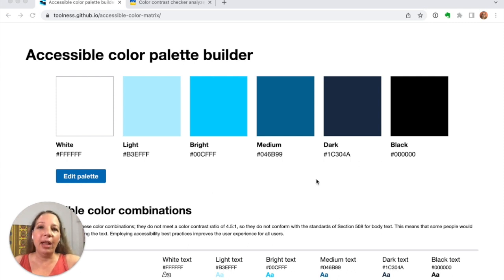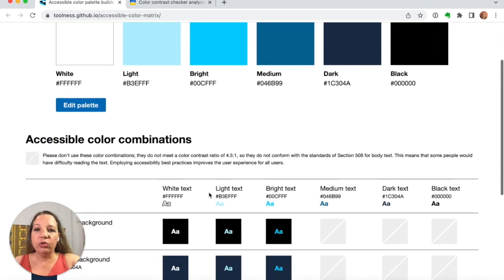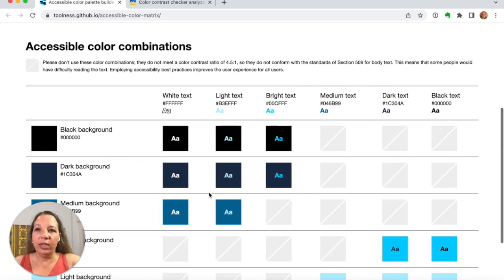This is the default palette that comes when you open up the page. And from here, I can edit my palette and I can add in the hex codes for any of the colors that I have on my website. And then what's really cool about this is you can scroll down and you can see which of these are